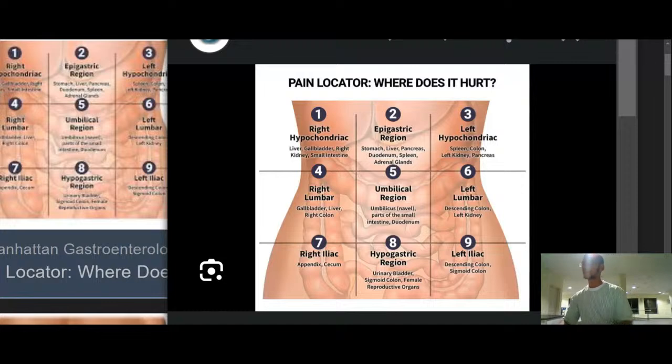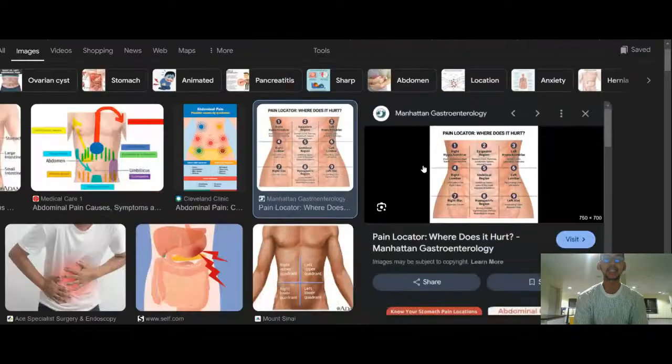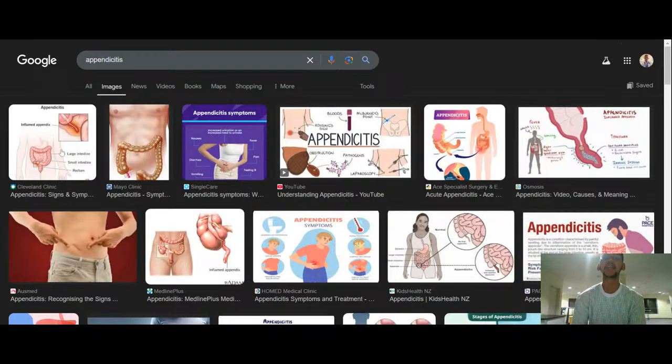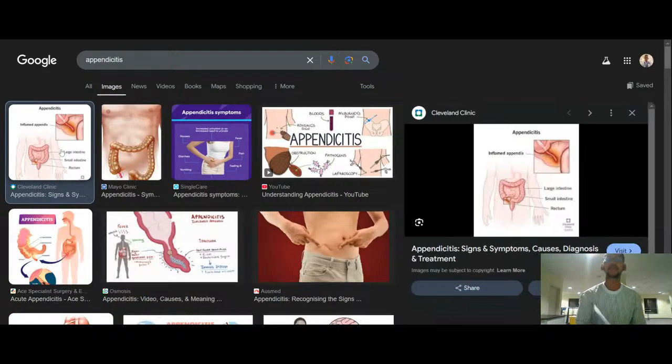So I'm going to go to the chapter in my book on acute appendicitis, just to understand acute appendicitis. I've actually done a case scenario on acute appendicitis. So this kind of brings me to open up more of a discussion of acute appendicitis. So essentially, appendicitis is essentially when there's inflammation